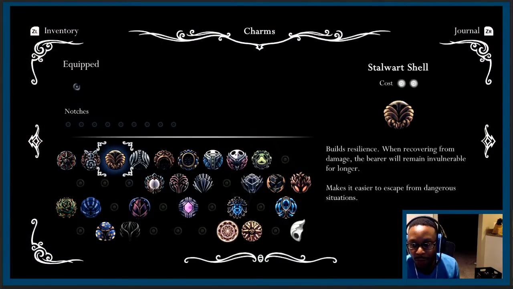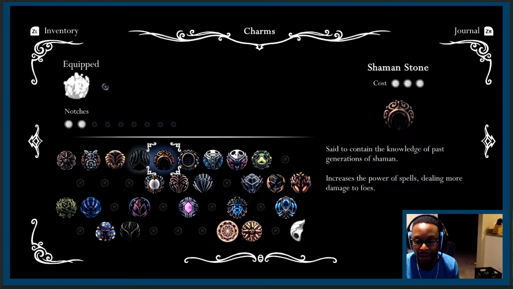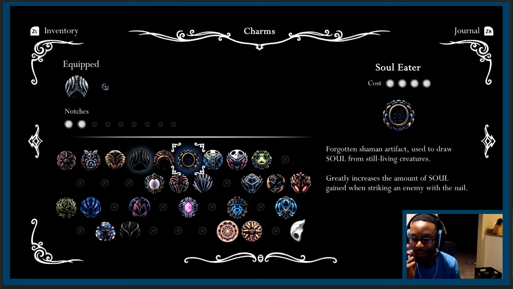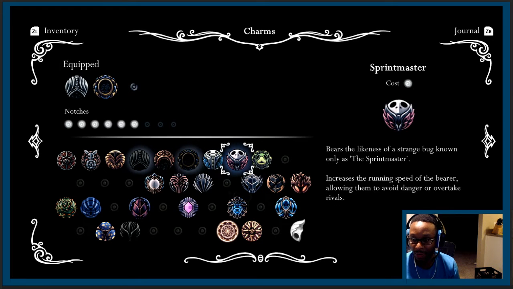So I'm gonna do, makes it easier to escape from danger, more invincibility, you don't need it. Increases the soul gain when striking an enemy. This is a cool one, so you just have more power. Greatly increases the amount of soul gain when striking an enemy, which is cool too. So we're gonna combine this one hopefully with